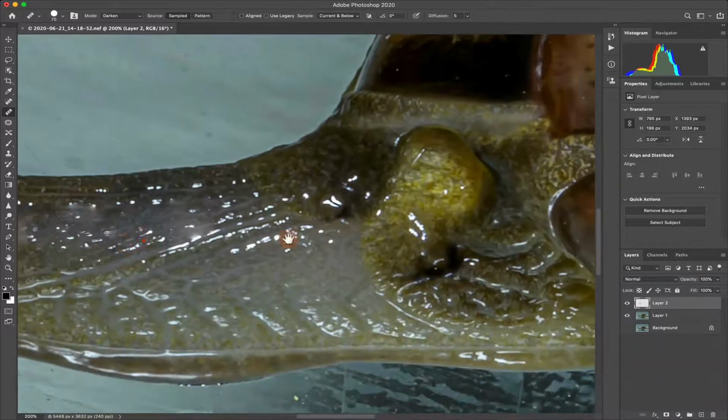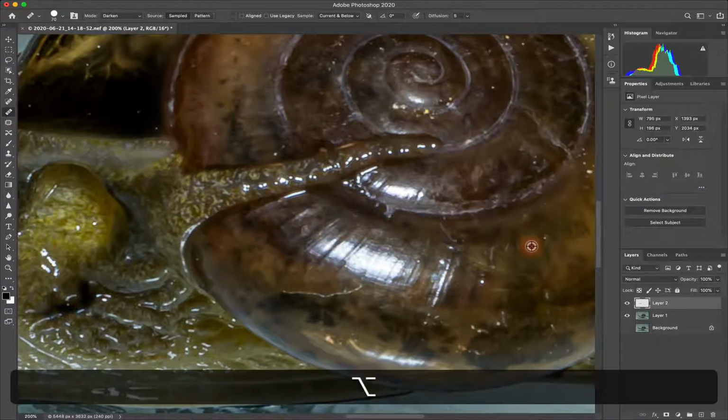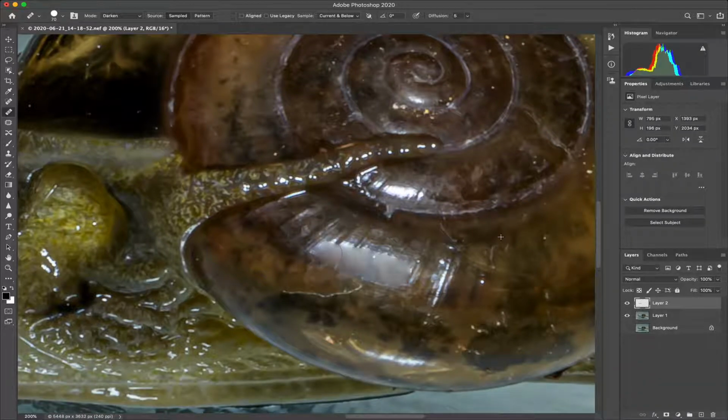Let's take another example. This is a larger set. Option click, let us say here, and we simply brush over on this part. Now you can obviously change the brush mode to a normal and replace it completely. That depends on your choice.